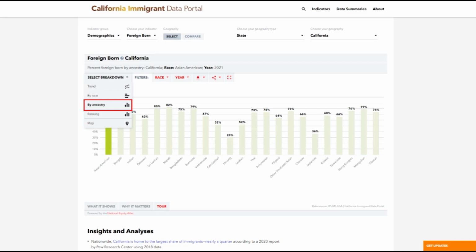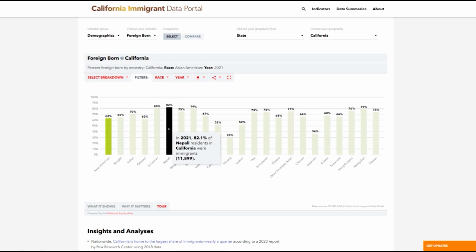We can also select the by ancestry breakdown here, which will allow us to look in more detail at specific ancestry groups within a race category. So for example, here we're looking at the breakdown for the Asian American population by ancestry. And we can see that there are certain groups that have a higher percentage of the foreign-born population. So for instance, we'll notice that 82% of the Nepali community were foreign-born, 79.7% of the Sri Lankan community was foreign-born, and